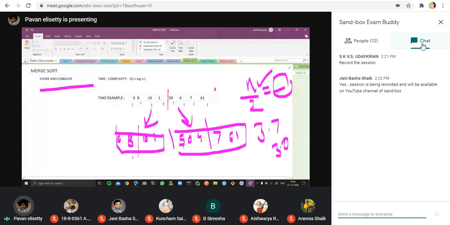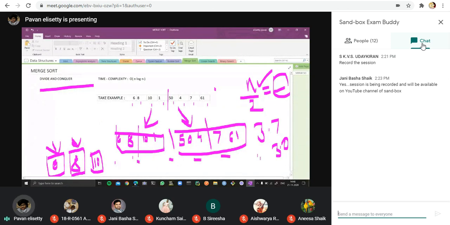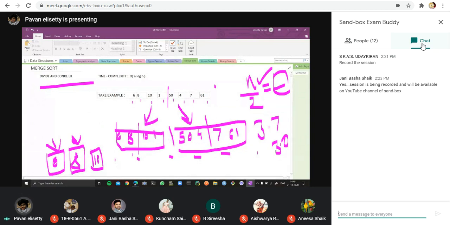And it again divides to 6, 8. It divides until all those are independent arrays. As you can see, there are two arrays here, there is one array, but here everything is divided into an independent array. So the number of arrays will be equal to the number of elements. And what it does is,